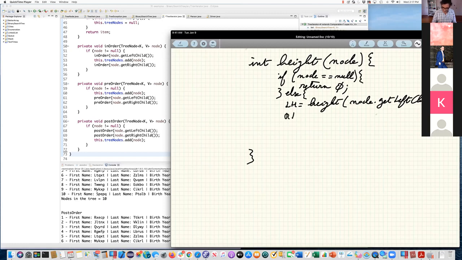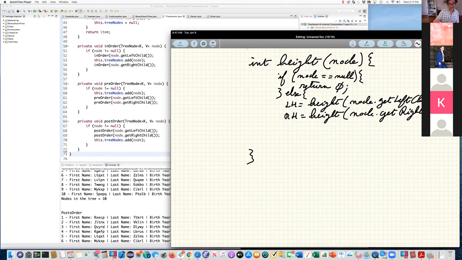And I want to calculate the height of the right subtree, which is the height starting at the node's get right child. Okay? Okay, get the right child.